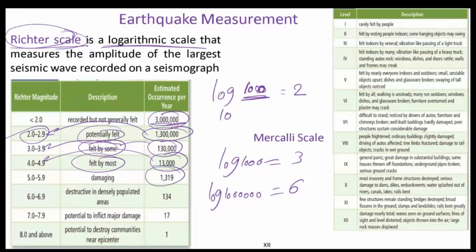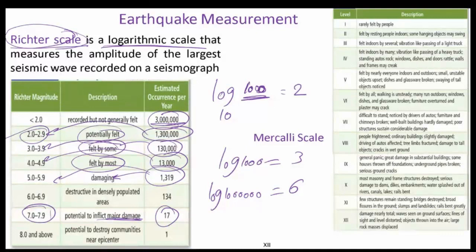Around 1,000 or more every year are damaging. That's below 6, and so on. If it is above 8, it will inflict major damage. And there are around 17 such earthquakes, but not all of them happen in cities. Maybe some of them happen in an ocean or at a certain island or away from the communities. So this is the